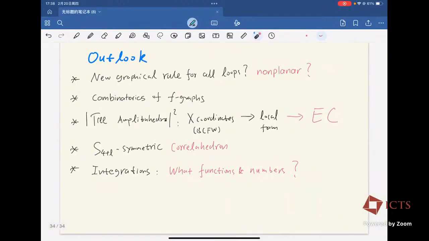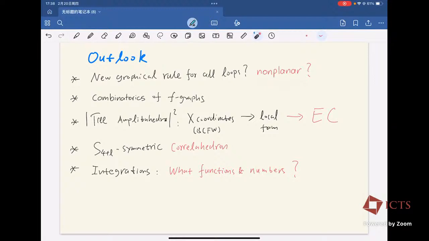Okay, actually, I think I have plenty of time. I'll just end here and mention some open questions. For example, this graphical rule for all loops actually also applies to non-planar F graphs. But for non-planar F graphs, it's already not enough at 4 loops. It does not fix all the coefficients at 4 loops, and so you need more things to do if you want to compute the non-planar